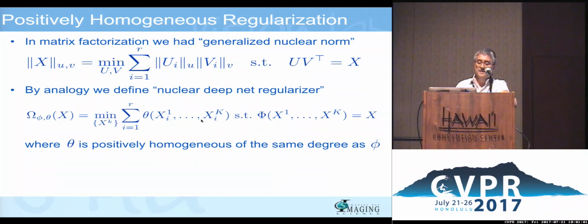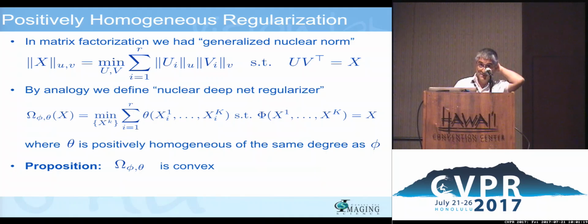Okay? And the minimum of that is a function of X, in the same way that the minimum of this was some function of X. Here, this was a norm, and it was convex, and that's what gave me the convex problem. Now, what is this omega of X? And so here is the fundamental result, that in spite of this being fancy and having lots of products, it gives you a function that is convex. Okay? It produces a function that is convex on the output of the network. So even though we're going to have a non-convex problem on the weights, we will find a problem that is convex on the output.